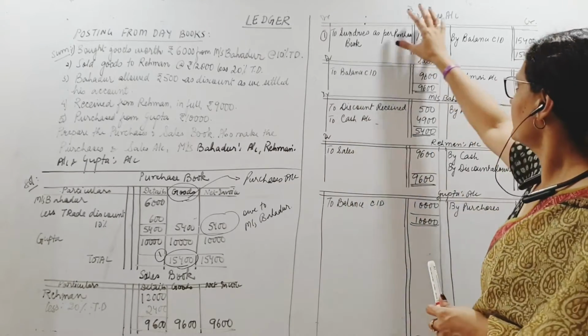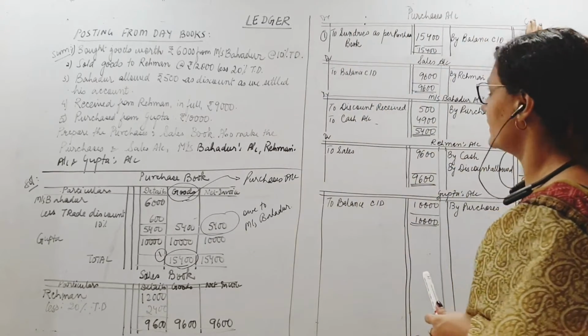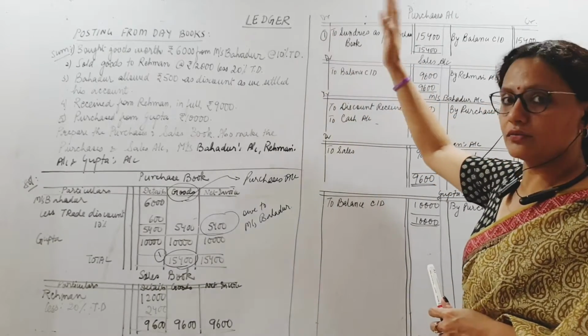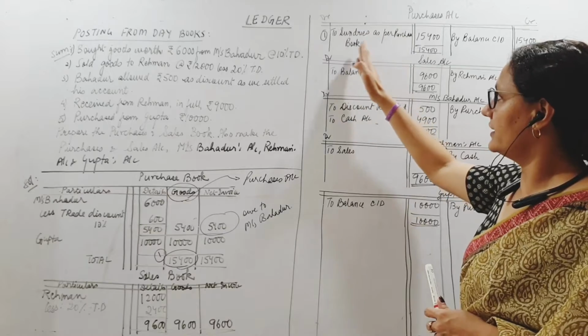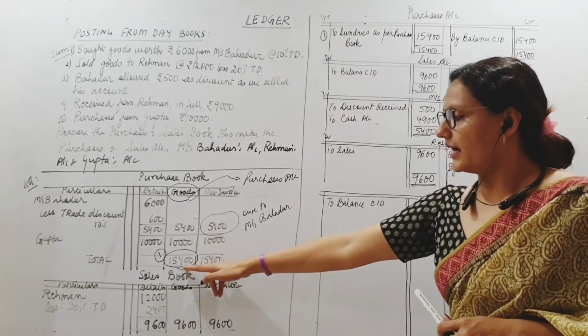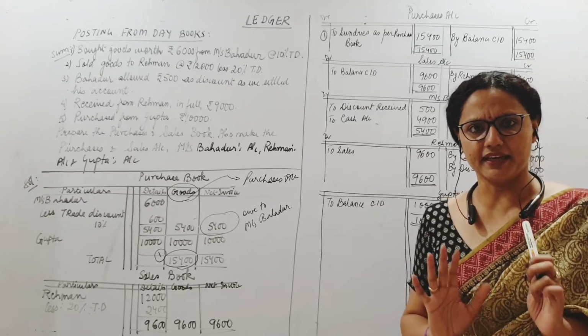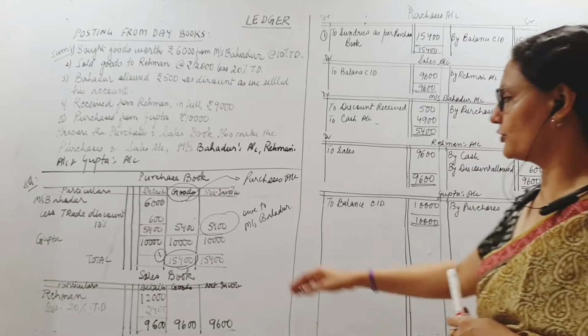So in the purchase account, this is the debit side, this is the credit side, again just for your revision. Here I always write "to" the account that I am crediting. I am crediting my sundry creditors all together at this amount of total credit purchase. Done? One amount has gone. Let us send the rest also.